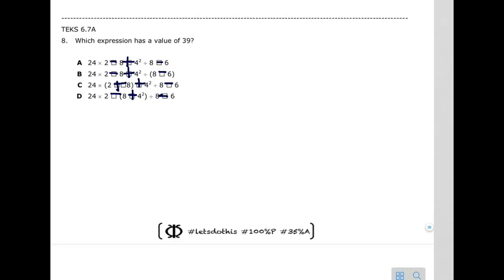Which expression has a value of 39? For this one, we just have to start solving them. I put in the subtraction and addition signs because they didn't show up in the answer choices. So the first one was 24 times 2 minus 8 plus 4 squared divided by 8